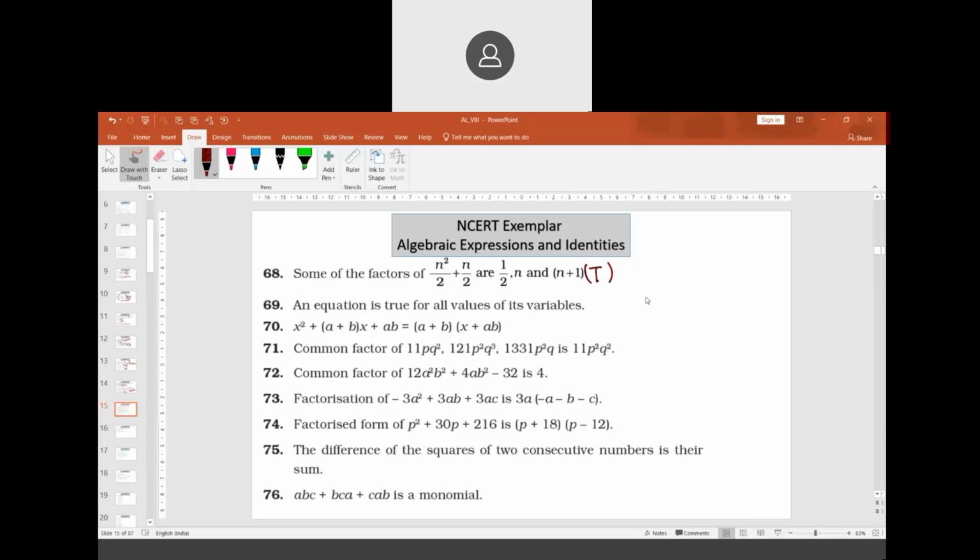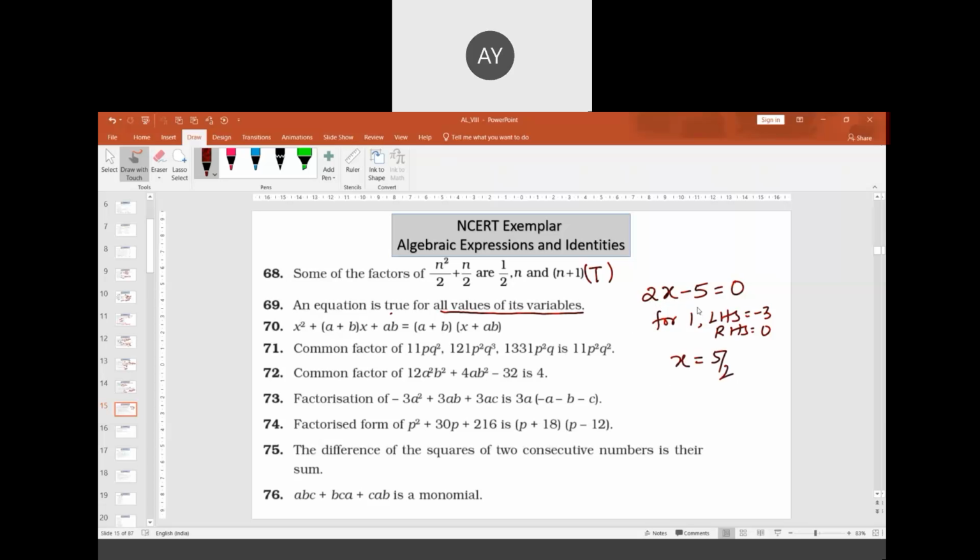Suppose if I take an example like 2x minus 5 is equal to 0. According to this statement, an equation is true for all values of its variable. Is it true for 1? No, sir. Left hand side will be minus 3, right hand side is 0. So it is not true, no? Not true. This is true only for x is equal to 5 by 2. When other numbers are taken, LHS is minus 3, so how is it true?